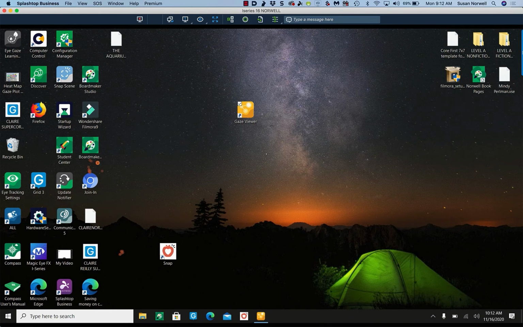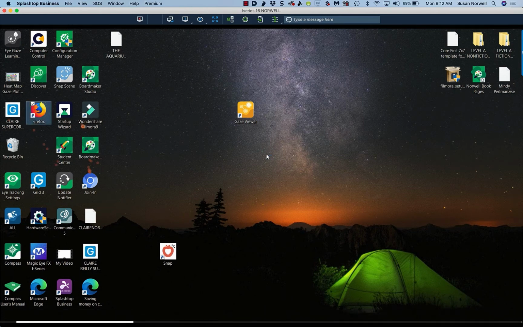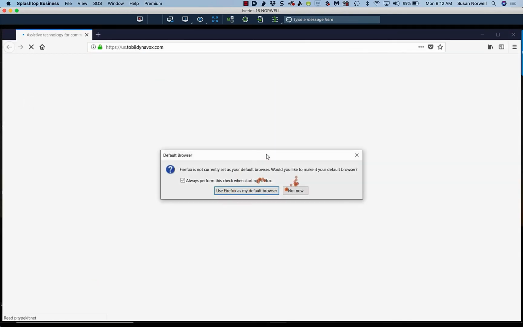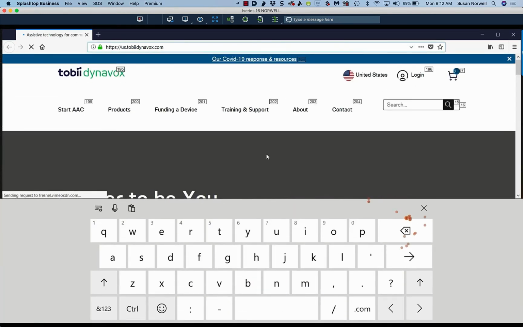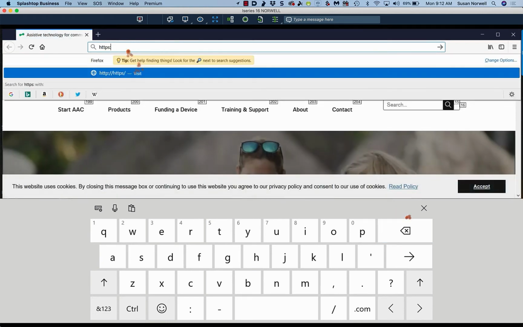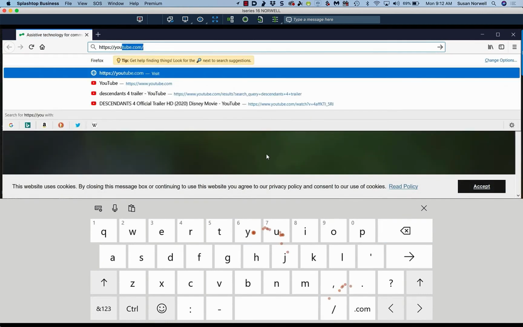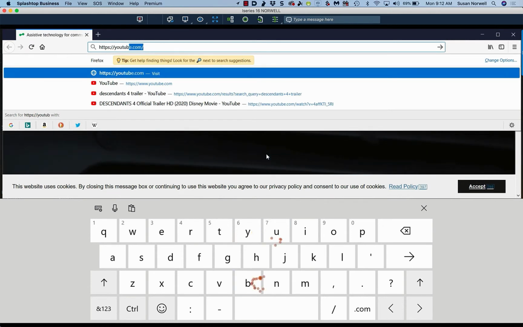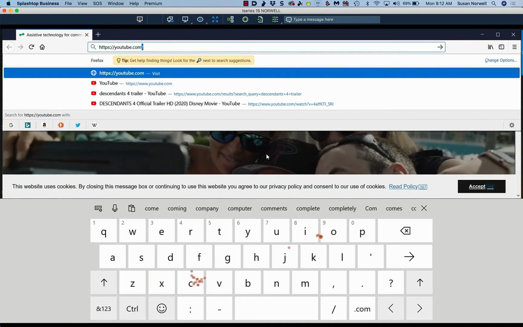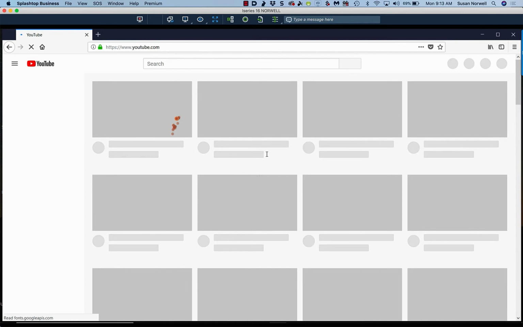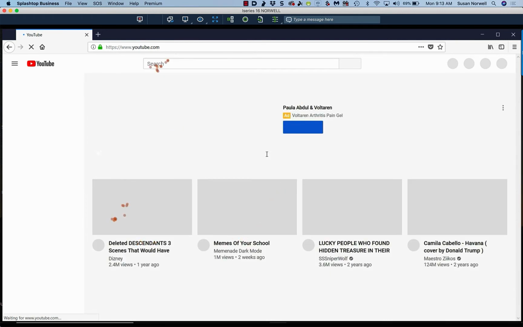I'm going to go to Firefox, which was on here. Not now. I just want to get there. And I'm going to go to YouTube. And you can see my eyes are actually tracking everywhere I'm going. So I'm not just typing letters without looking. It's all tracking all the way across. I'm looking up at where the menu is. Do you see how helpful this can be, though, to figure out where